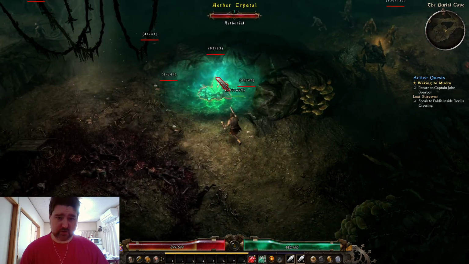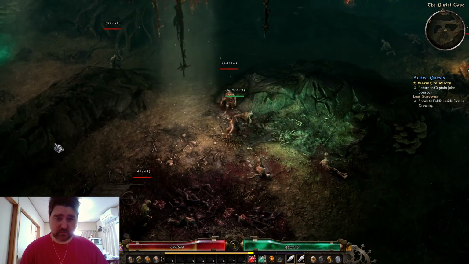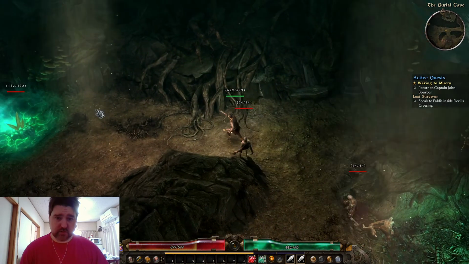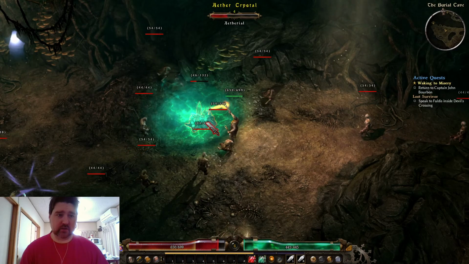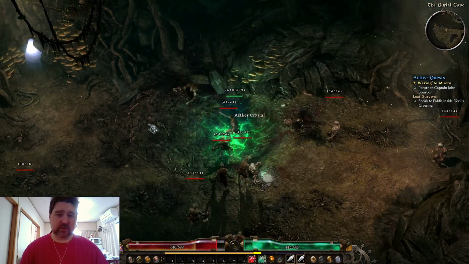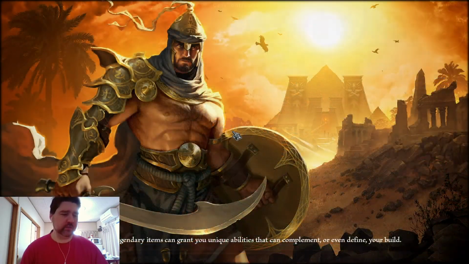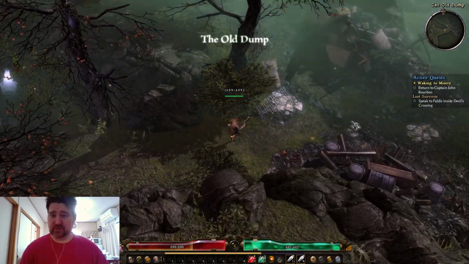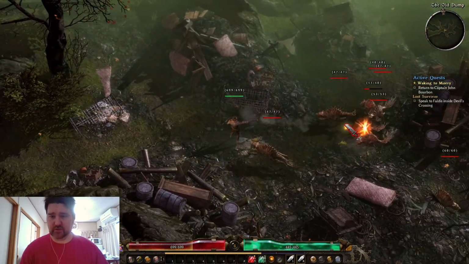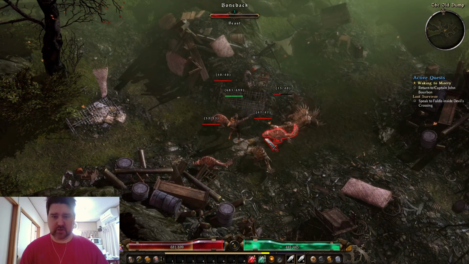Grab these Aether crystals. The reason I wouldn't suggest going back is because this exit right here on the map is actually closer to not only another quest, but the next waypoint. Usually I skip the next waypoint too because it's not really relevant unless you're farming certain bosses. But those bosses are not really...